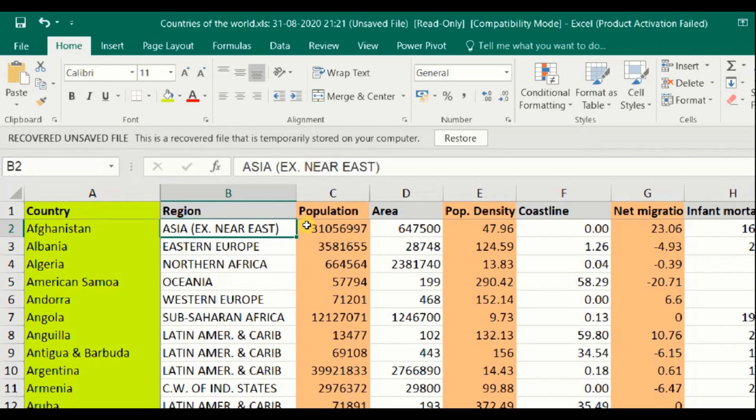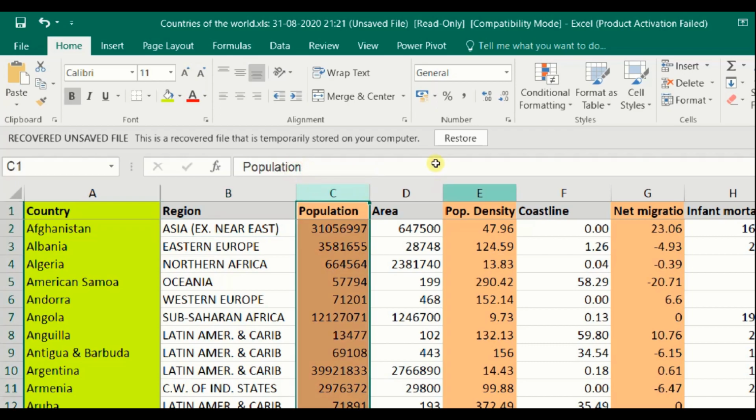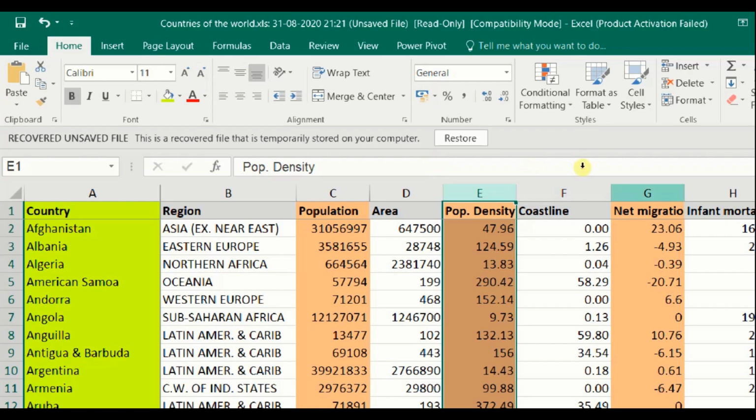Very successful. The system could recover the unsaved data of the 3 columns' colors which we highlighted: population, population density, and net migration data columns. We quit the file without saving, and the system automatically recovered this data.